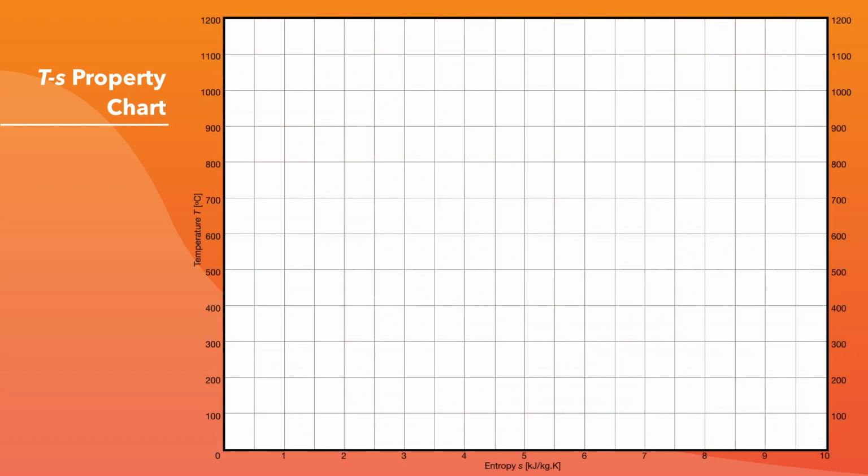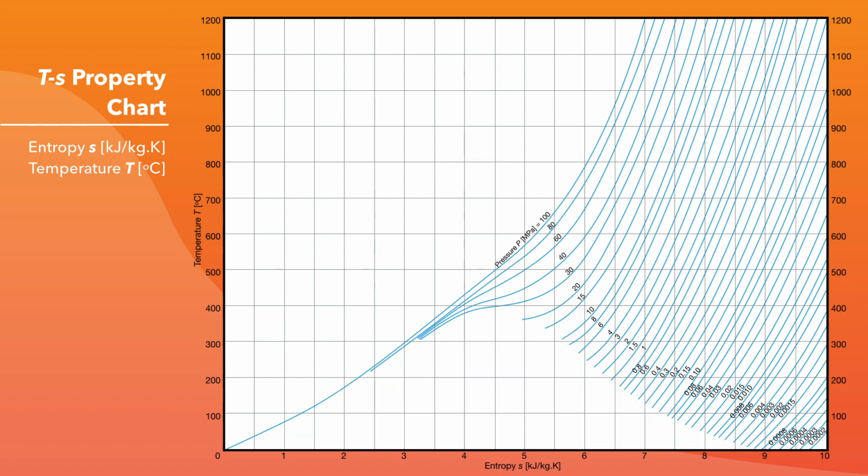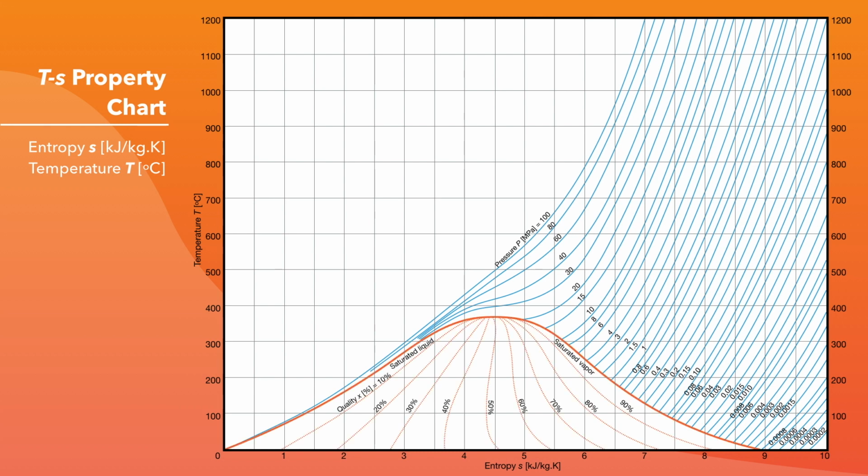Entropy S is on the x-axis and temperature T in Celsius is on the y-axis. We first plot the isobars in megapascals. Because the phase change process happens at a constant temperature, we can eliminate these isobars within the dome, just to reduce clutter. Instead, let us bound this area with a saturated liquid line to the left and a saturated vapor line to the right. In between, we can populate the mixture dome with constant quality lines going from 0% to